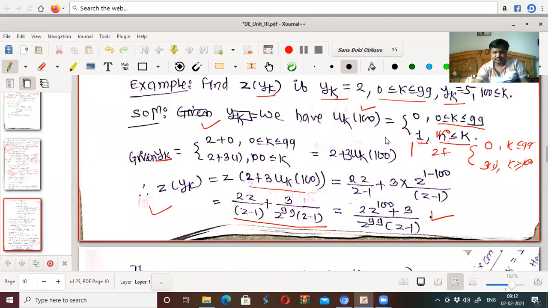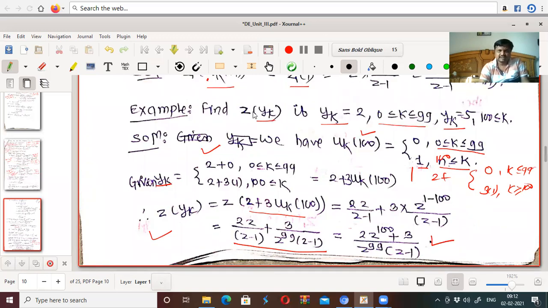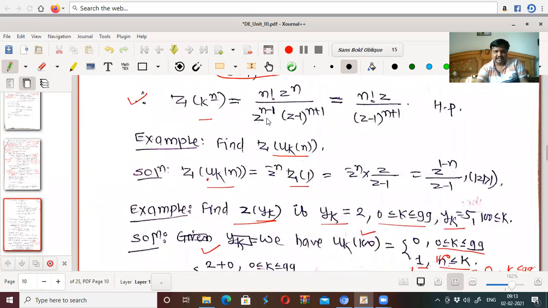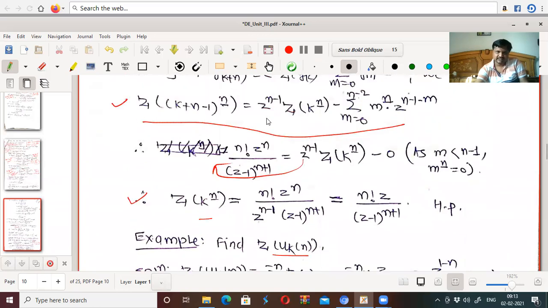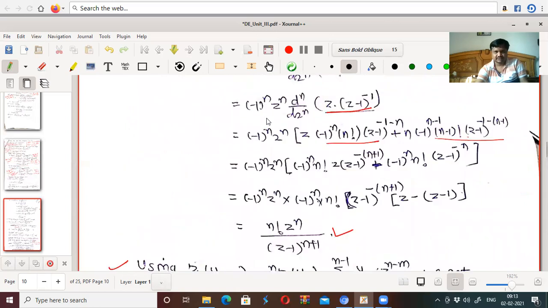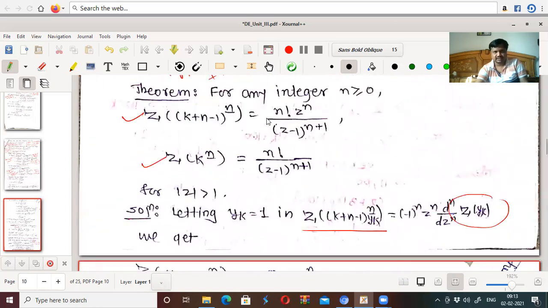So these are some more properties of z transform and unit step function. Okay. So unit step function, as in the calculus, real valued calculus, we have in difference also. In difference also, you can write it as unit step function. There are some shifting theorems and there are some results by using this also. Okay, that is the case. For today's, we will stop here.